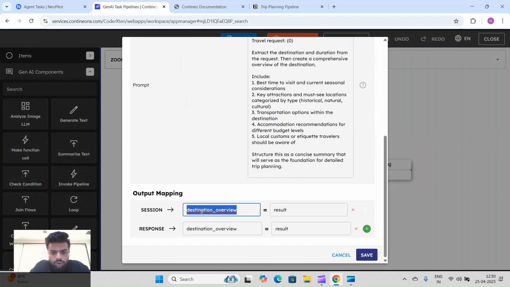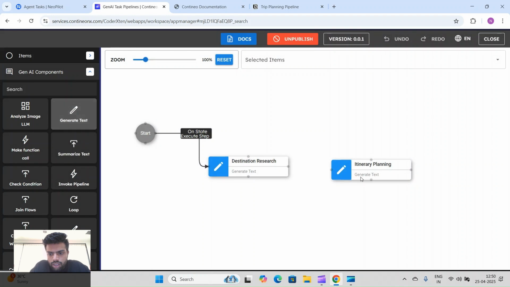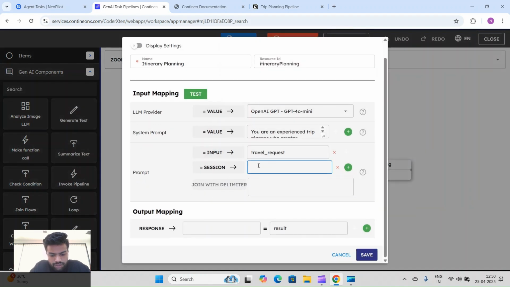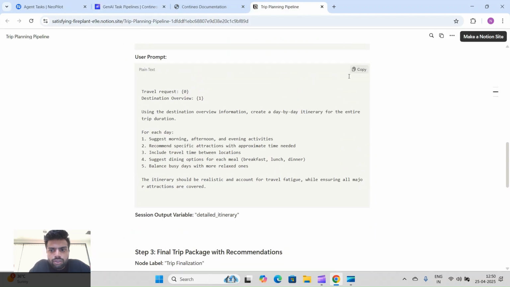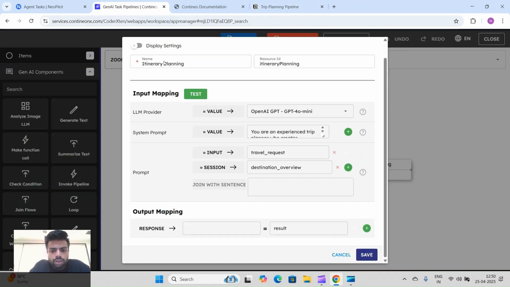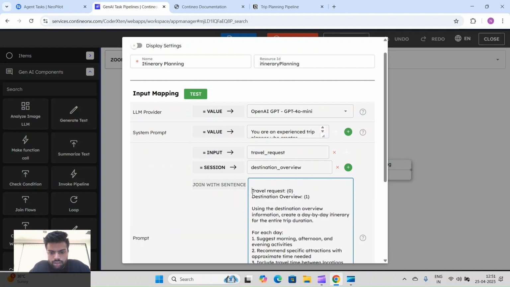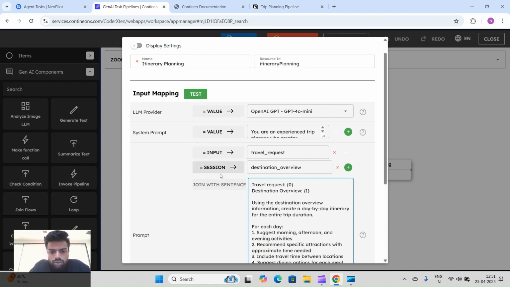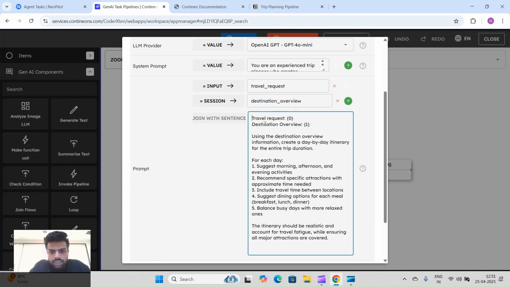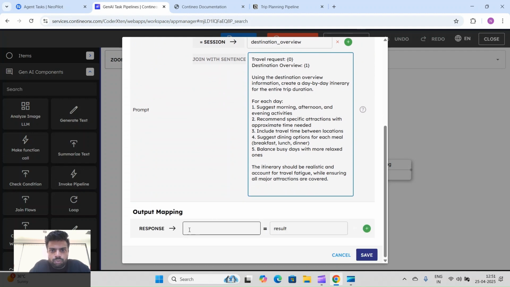So we will just copy this and paste it here, and we will make this a sentence to use that placeholder logic. So we'll again copy this prompt and paste it here. Now, as you see, your prompt is ready. It will take both as input, process them and give us some output.